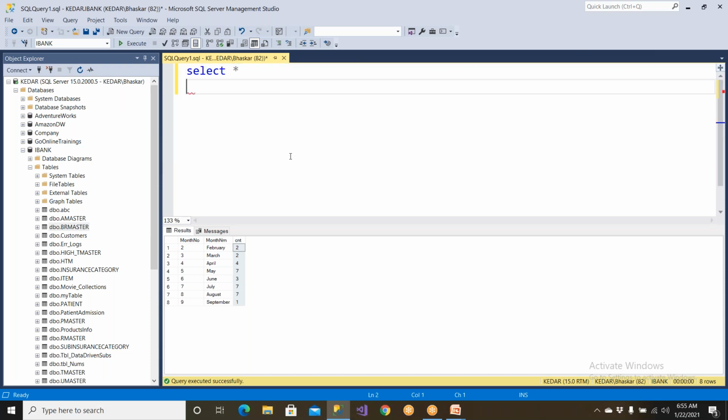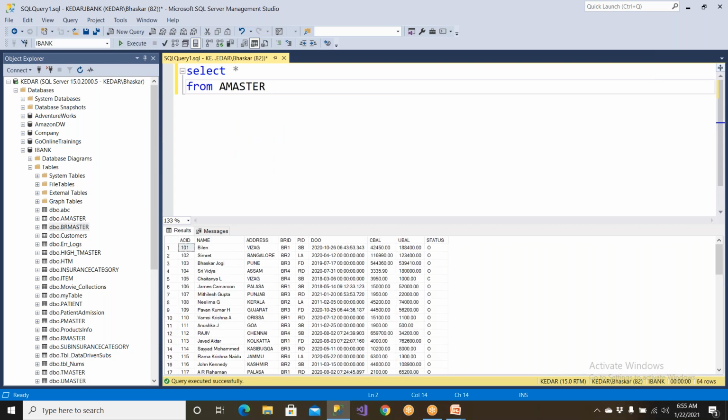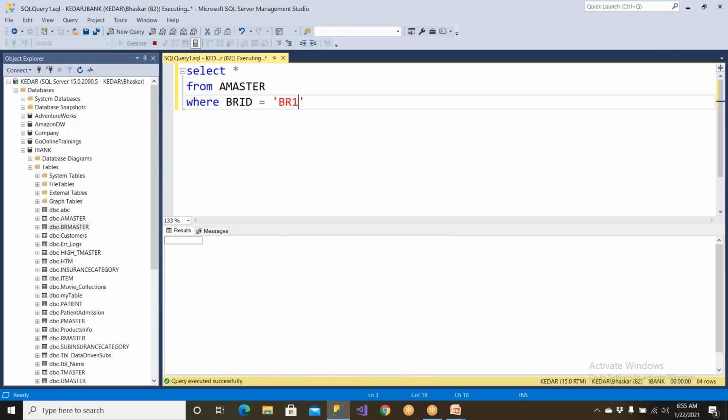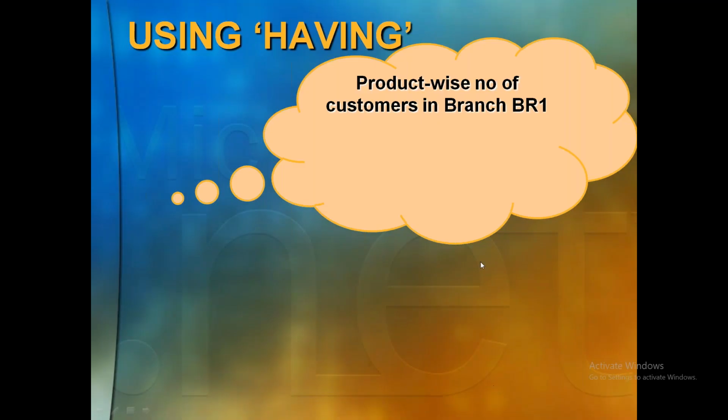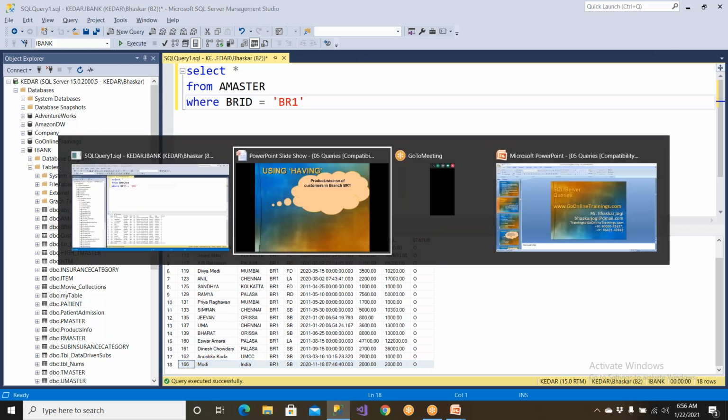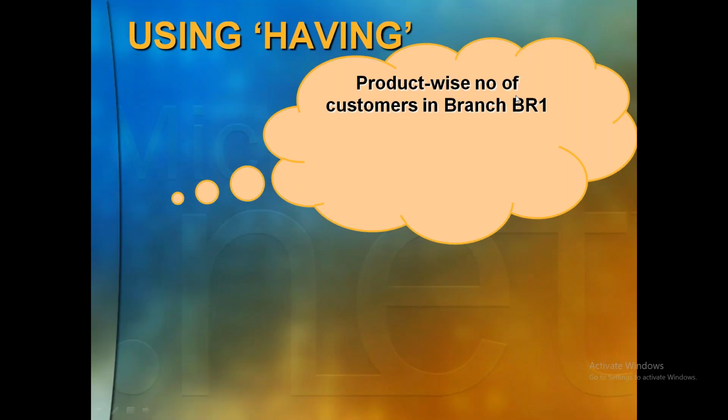Select star from the table. I wanted to get data from only branch BR1. So whatever you understand, you write those first. You read the data and say in the branch BR1 data, I wanted to have it. So I know that I should apply a where clause. I have applied the filter because I need customers of branch BR1. So I have these many people, 18 guys from branch BR1,